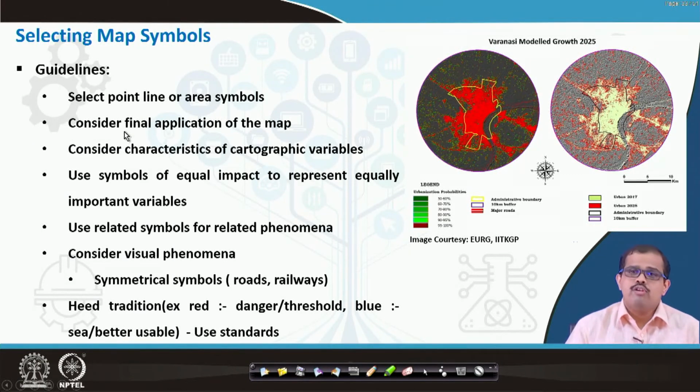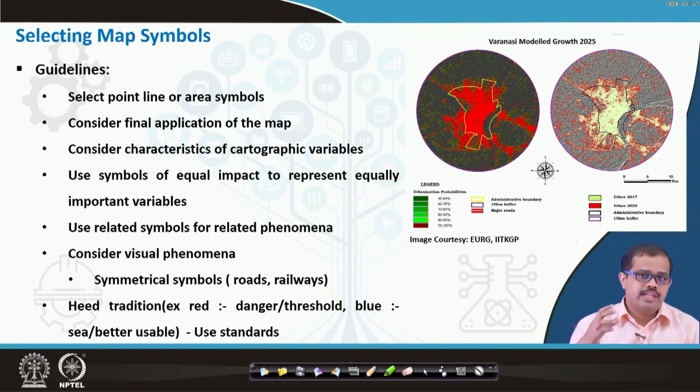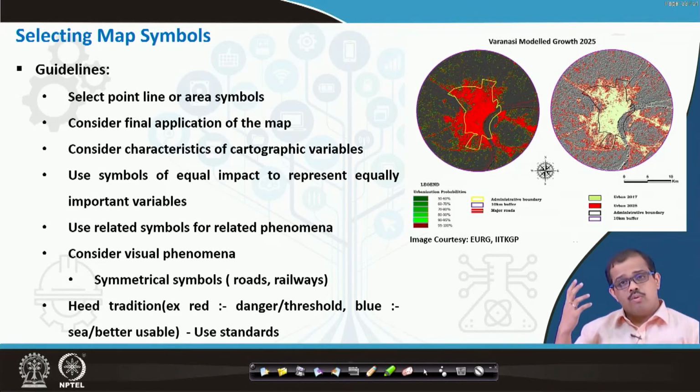Now, when you look at selecting, you have so many kinds of ways of representation. So you have now understood what kind of symbols to use for what, and what may be represented in what. But if you are trying to select map symbols, there are certain ways that you have to look at. For example, when you are looking at the classification code, NRSC has its own land use classification code for the Indian subcontinent. So we follow the NRSC color codes in order to do the land use classification.